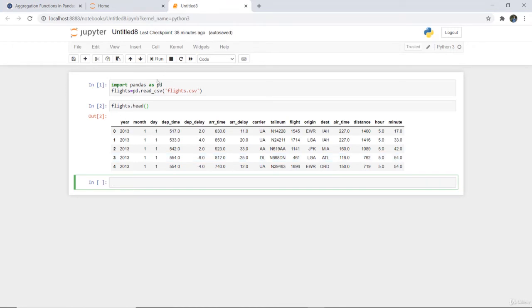So you can see here that I have imported flights.csv and displayed the first 5 rows also. Next we need to calculate the minimum aggregation of the departure delay and arrival delay. So we will write flights, and firstly the departure delay, comma, arrival delay.